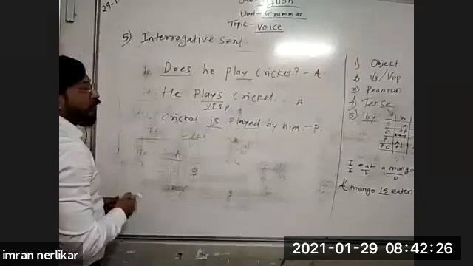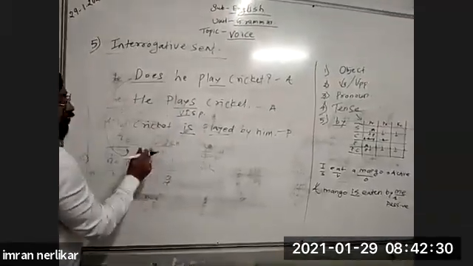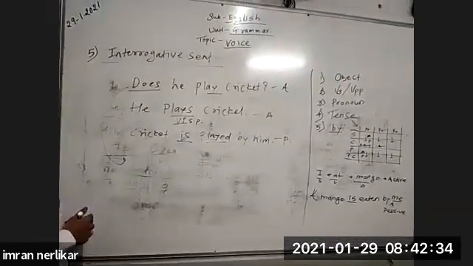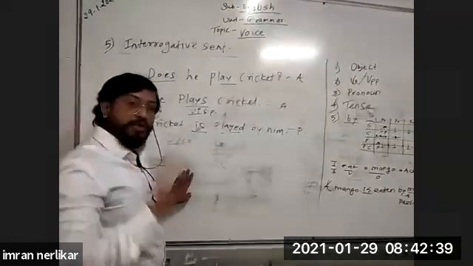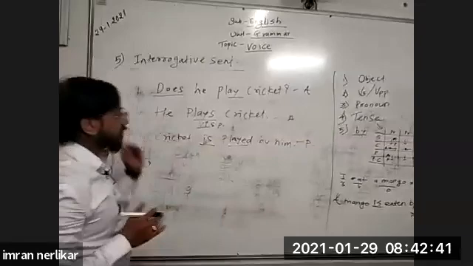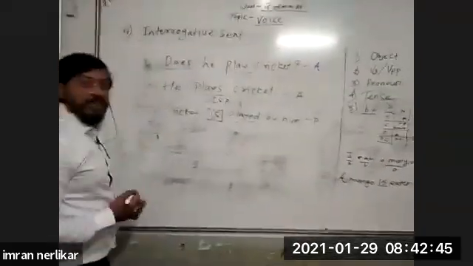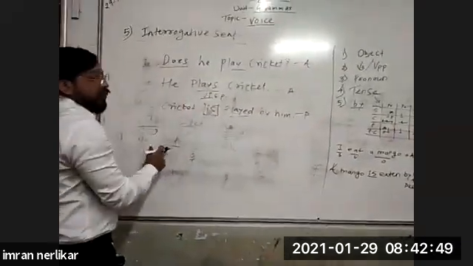Now we'll come to our answer. Passive question, passive answer. Now what is the rule? That if a question is given, you have to write passive in question only. These are the steps. Helping verb which is used here is. Cricket is played by him. Now you have to write in verbal question.